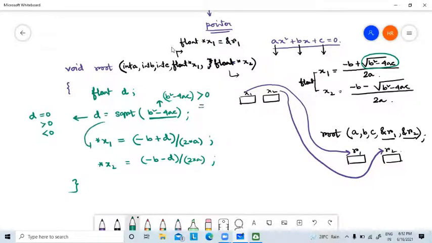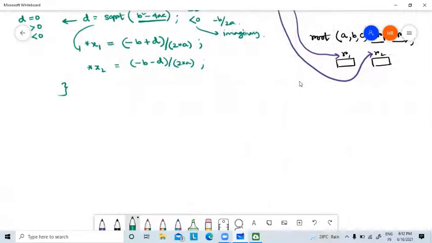If it is equal to 0, then it should have only one root, that is minus b by 2a. If it is less than 0, then it is imaginary roots. So you can add those parts here also. Okay, so from the main function we will only do this.